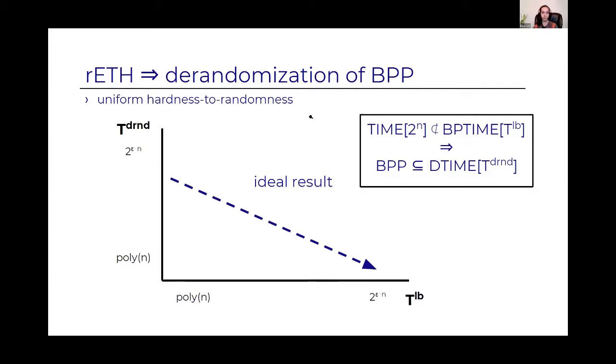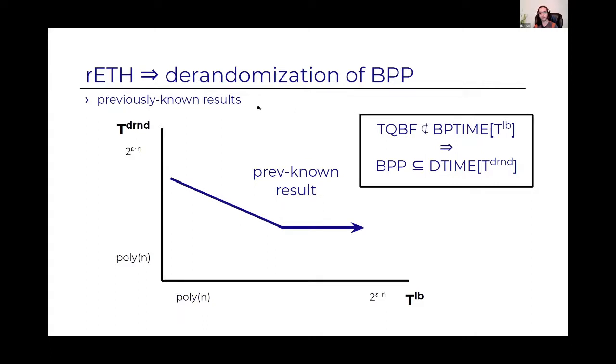But prior to this work, the known graph looked approximately like this. So as we start, when we take stronger lower bounds we do get faster de-randomization, but at some point this stops. Even if we take stronger and stronger lower bounds, we don't get any improvement in the de-randomization. And this part here, where the line is flat, is called the high-end part, where we want strong lower bounds and getting fast de-randomization. And in particular, observe that our ETH is somewhere here. It's a very strong lower bound. We expect to get a very fast de-randomization, but we don't get it.